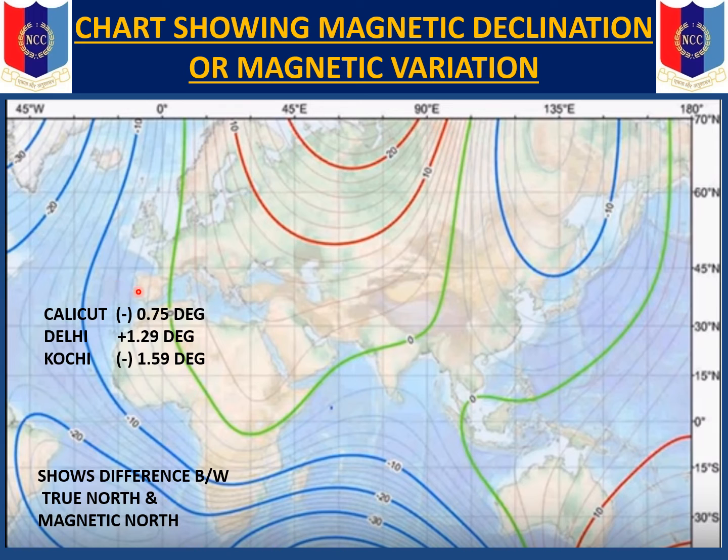Now the figure which has been taken from the internet may not be the correct figure as on date, because we have already seen that the magnetic variation changes with time also, and the variation with time is also not constant. It changes gradually, and even the change each year is not constant, but the difference being negligible, it is taken as a constant value.